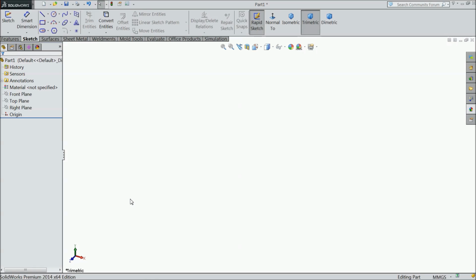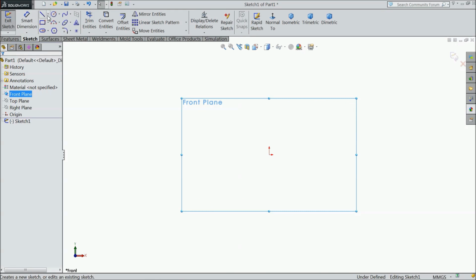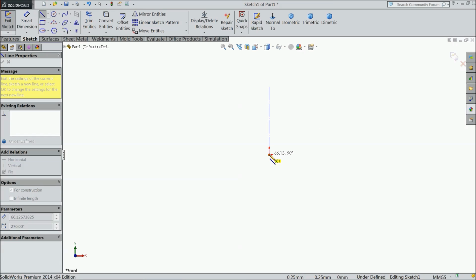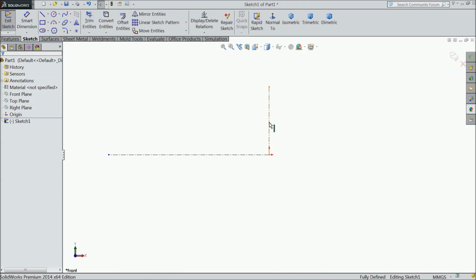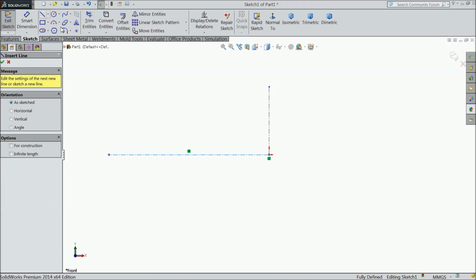Now here we will make the first part of the pressure vessel, the pressure tank. So let's start. We will select front plane, a sketch. First draw a center line, a vertical and a horizontal center line. Make sure it is vertical and it is horizontal. Now let's start. Choose a line,